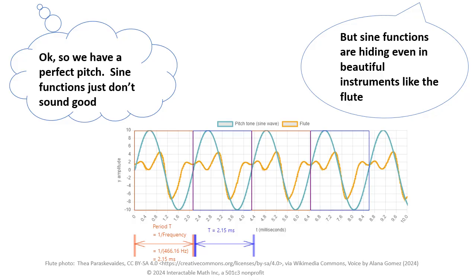We know this because if there were any other frequencies, the flute waveform would not repeat at the same fundamental pitch period. The waveform would ooze out of the 2.15 millisecond boundary interval shown and look different from interval to interval. In fact, you can recreate this flute waveform almost exactly with a whole bunch of harmonically related sine functions. But this requires Fourier series, which are covered at the college level.